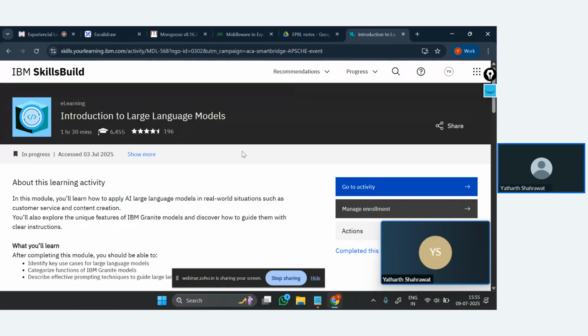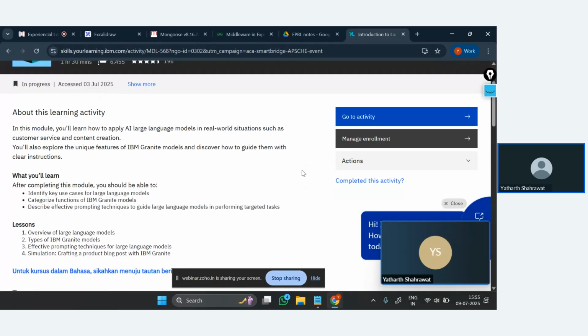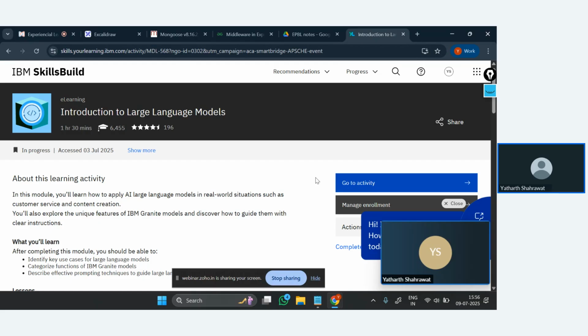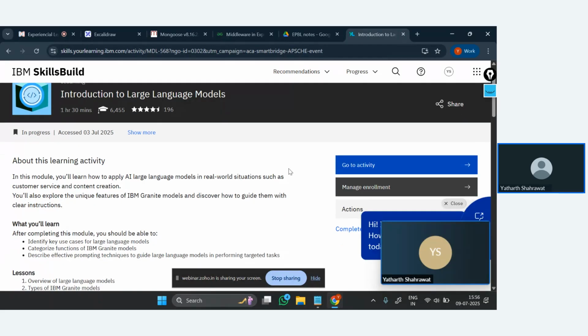You will get an IBM Skills badge. In this training program also, you will receive a certification only if you complete this, please. This is very mandatory, more mandatory than the MongoDB registration. After you have registered and logged in, you just click on this go to activity,